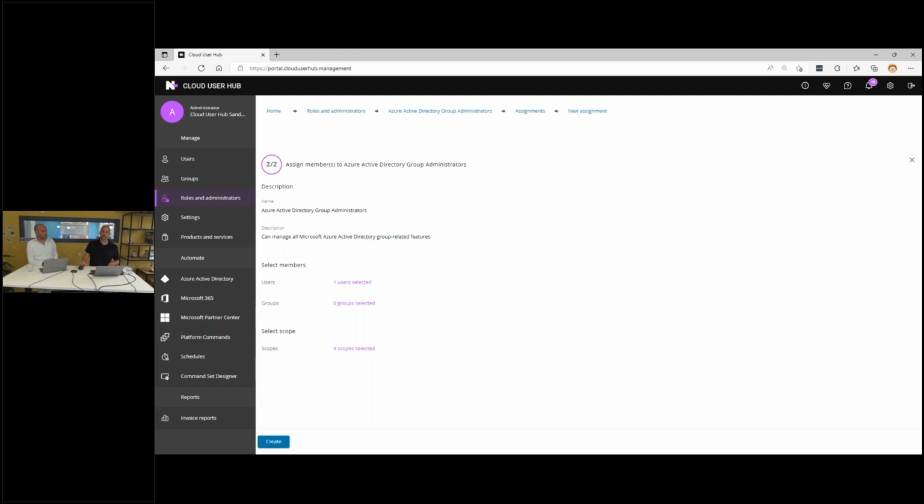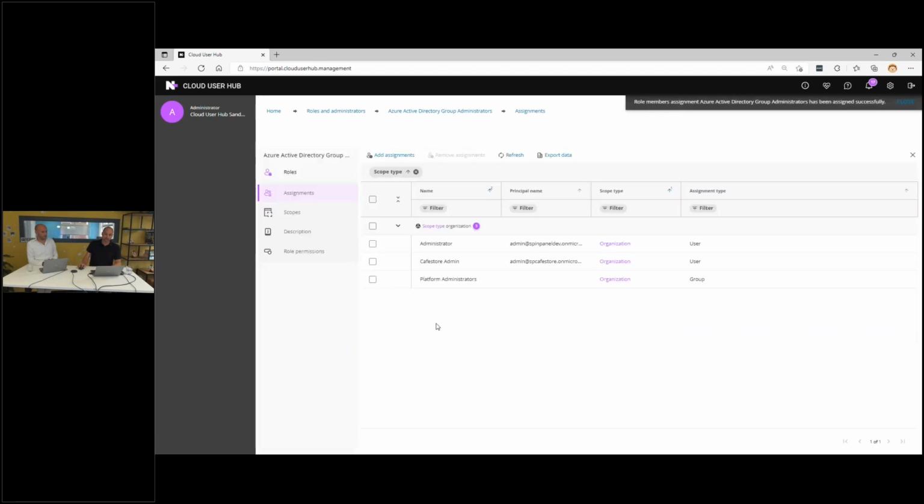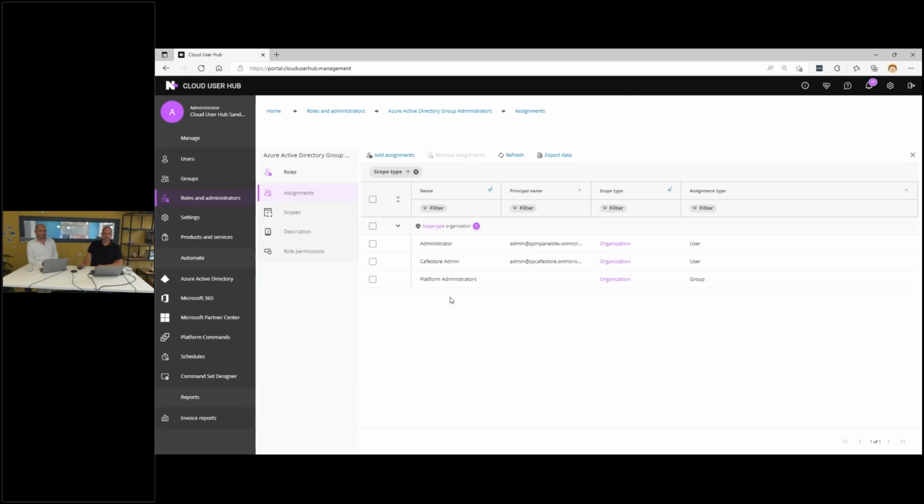People that work often with Azure probably know this concept as the scoping of access. That's where it's very similar. And by just doing so, I now have given myself instant access to multiple customers. Now you can also add yourself into a group and then add the group to the role. Then you just have to be a member of the group, which is even simpler, of course. Most of the time you just create something like a customer management group A, and then you add that whole group to a certain set of customers. You just make users members of the group and you don't have to manage the roles at all anymore. So it's very powerful from multiple contexts.